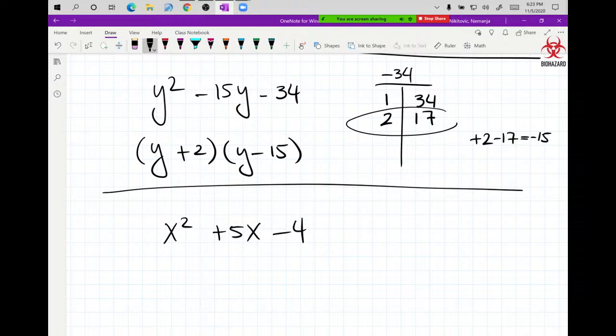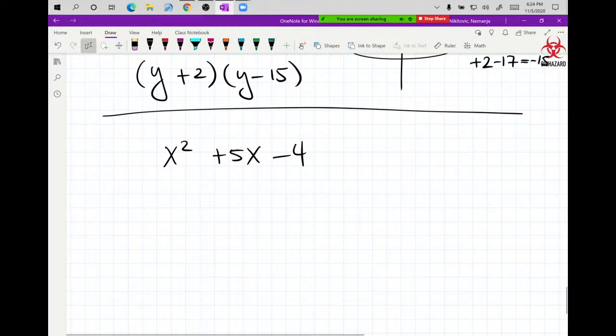It's 1 and 4. 1 and 4. Let's check. So -4 and 1 and 4, and 2 and 2, right? Those are the only ones. So